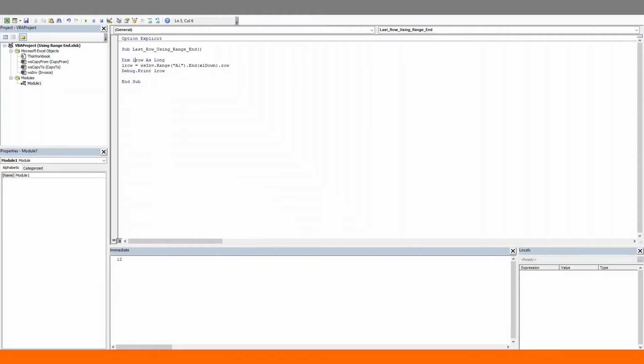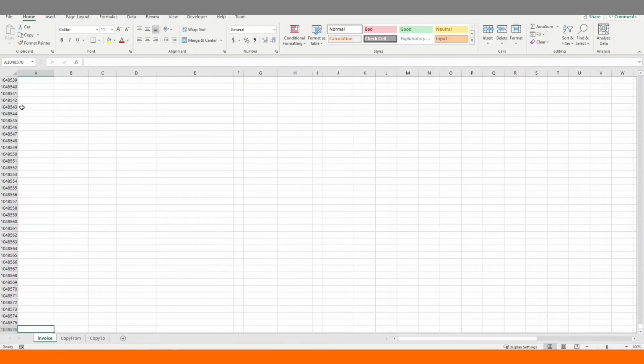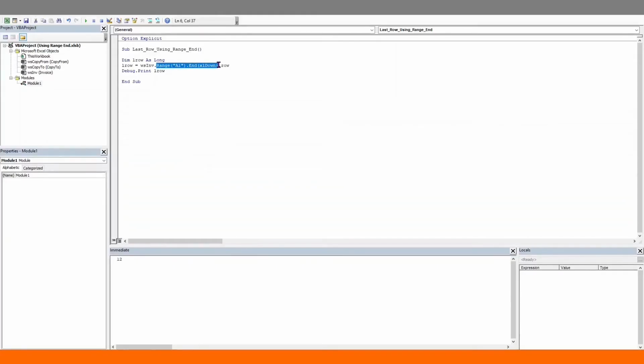And we may be forgiven for believing that this is a good enough method for finding the last row. But we'll quickly run into an issue which I had mentioned in the previous section. Consider a data set with only one row of data. Now, we normally use VBA to help us manage repetitive tasks over dynamic data sets. With that in mind, we might not know if there is any data on our worksheet before we execute our code. If there is no data, or even just a header row, then we would expect our code to return 1 as the last row number. But Control plus down on row 1 gives us the millionth row. And Range.End xlDown will do the same.